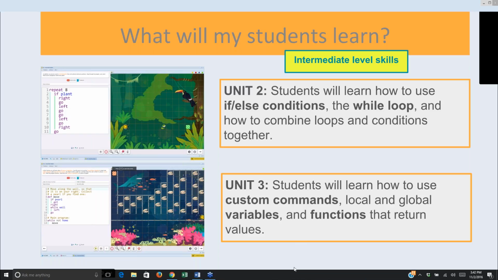Okay, in the intermediate stages, there's 2 units there. The second unit, they're learning about conditions. Of course, we want our computer or our robot or whatever we're programming to respond to conditions around it. It's not necessarily going to do the same thing every single time. So they learn how to use if and else conditions, larger structures such as while loops, and then combining all